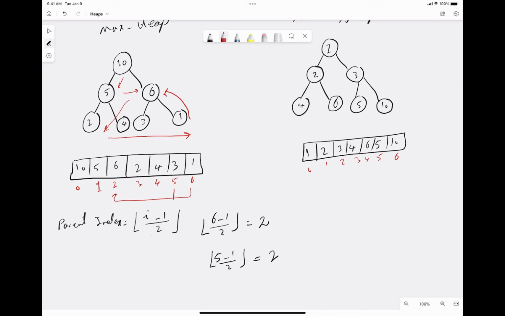Here in the same or a similar example, you can see that node 6, which is at index 4, has its parent at index 1. How did we find that? 6 is at index 4, so we compute (4 minus 1) divided by 2 and take the floor. So it's the floor of dividing 3 by 2,